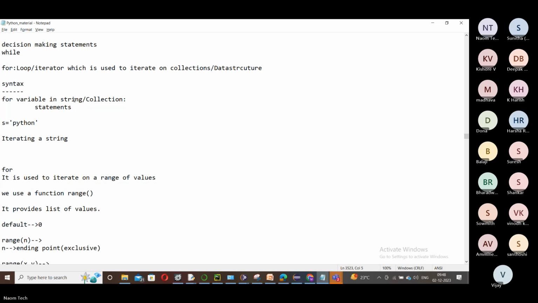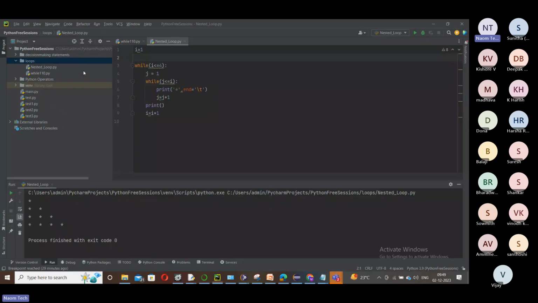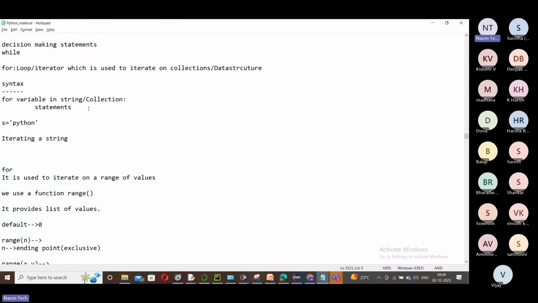Okay, right. Now, after while, I believe you are comfortable working with while. Maybe the logic part you have to keep practicing. But by now you should be comfortable with how to use while, and the dynamics of while. All of you should be clear with this, right? Next after this is the for loop, friends.